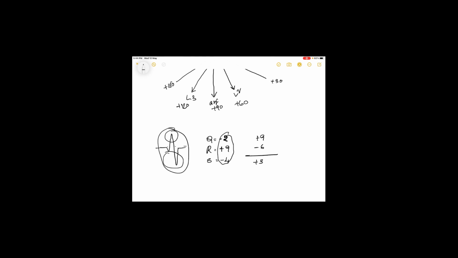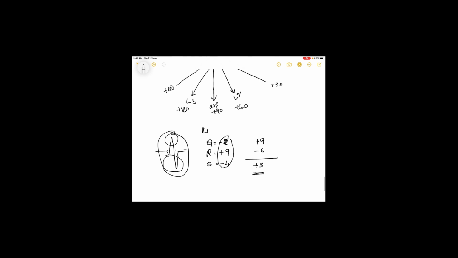As I told, we have to consider two perpendicular leads. So this QRS complex we have taken from lead 1, and the sum is plus 3. Now the other one would be AVF. In there we have to calculate the QRS complex. For example, take Q as minus 3, R as plus 9 and S as minus 3. So here this would sum up to plus 3. This is also plus 3.